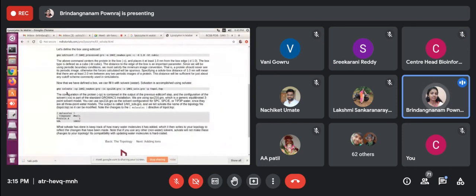Then the next step is I'm going to solvate it. Solvate means I'm going to fill the box with water.